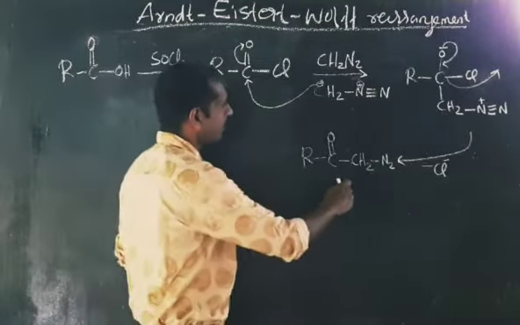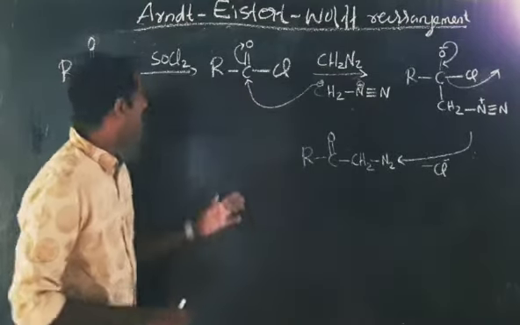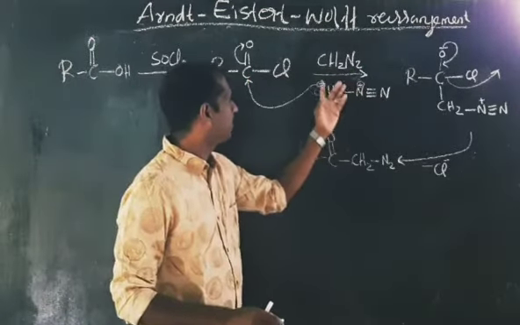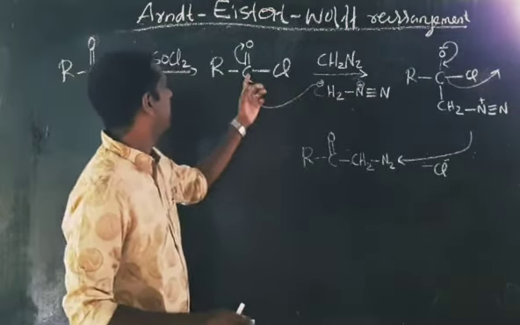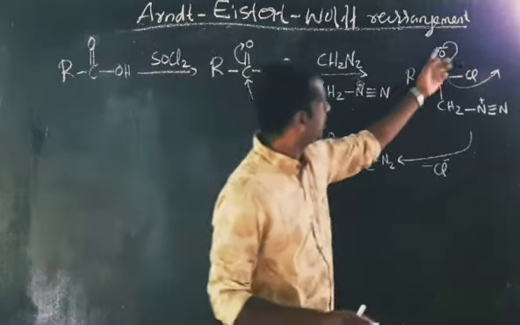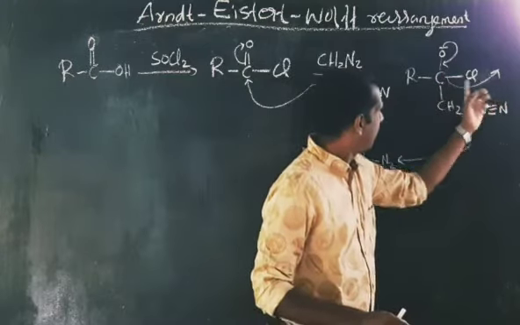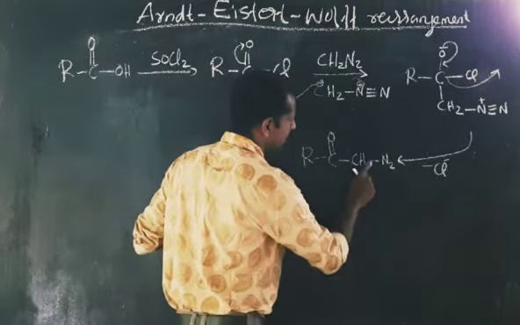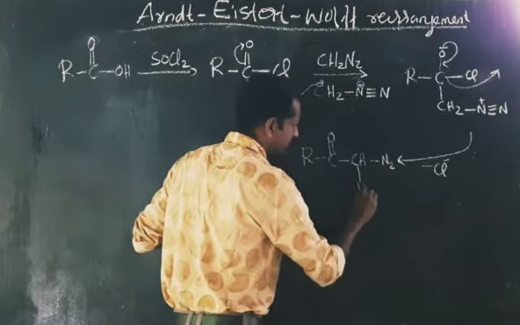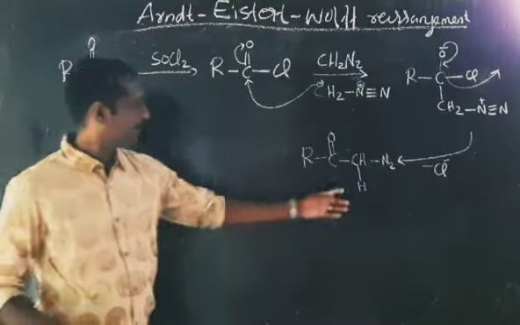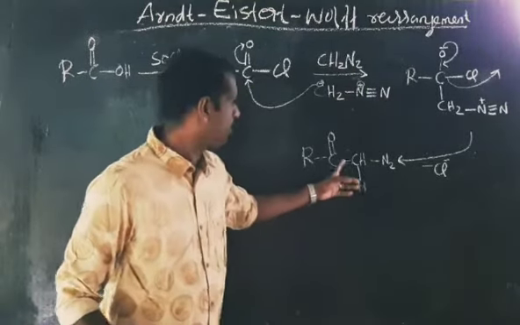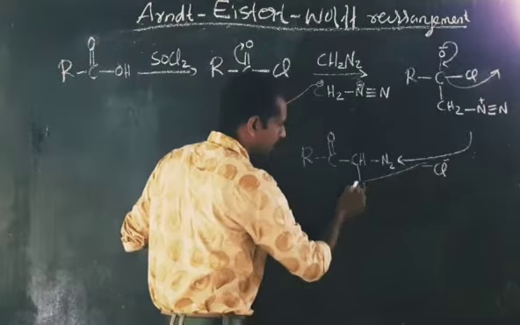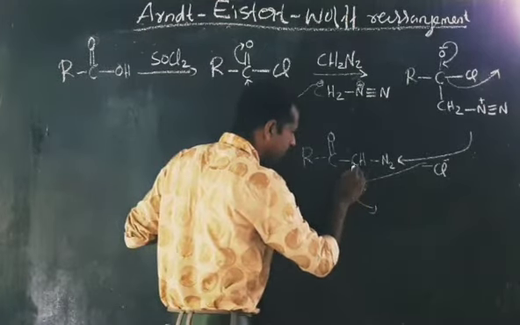And now, look at it very carefully. The first step, as I told you, is formation of acid chloride. Acid chloride is attacked by the diazomethane. The negatively charged end is attacking on the polar CO group, and rearrangement is like this, and the leaving group is Cl minus, and you are getting this compound. This CH2 can be written as CHH, and this hydrogen atom, this proton, is acidic in nature due to the presence of this CO group. Therefore, what will happen? This leaving group, Cl minus, will remove a proton from here, and this pair of electron will be shifted to this carbon.